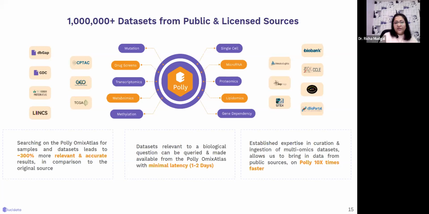The other thing that we have learned over time is that once we have sourced data from so many different multiomics related sources, we now have expertise as well as the custom curation infrastructure that could help us do this at scale. So even if it's a new data source, but it's one of the data types that we know about, it is for us a much faster journey to take care of.